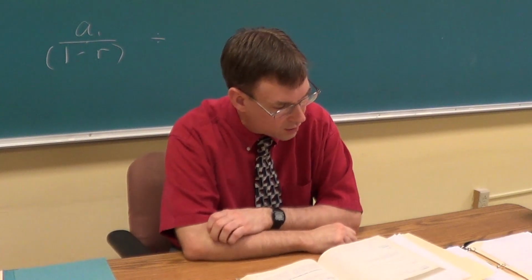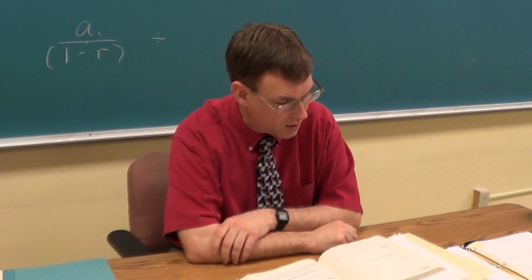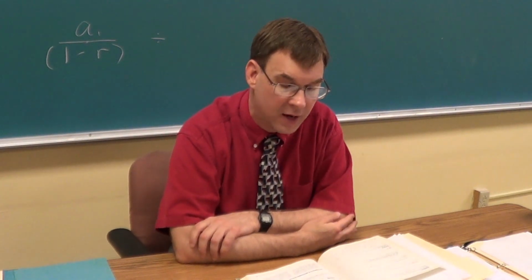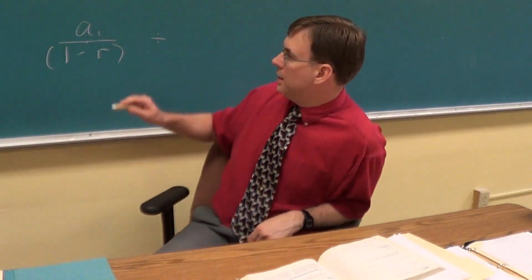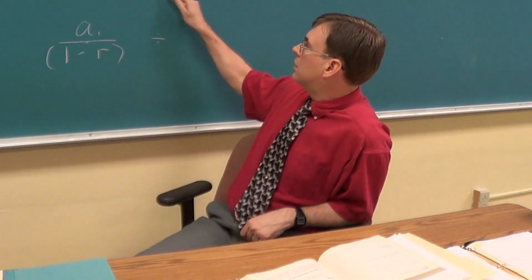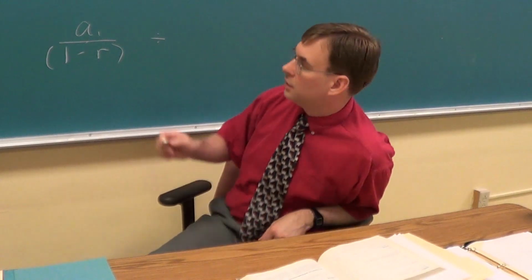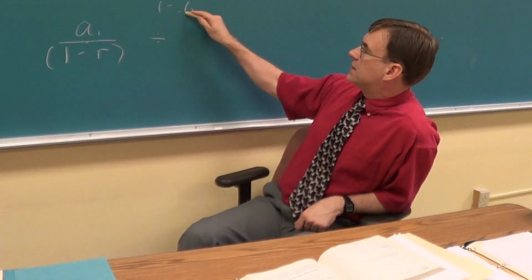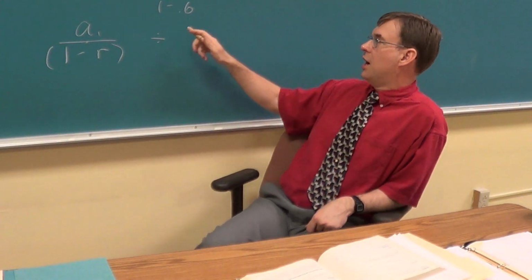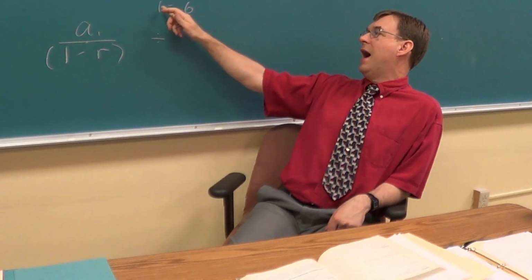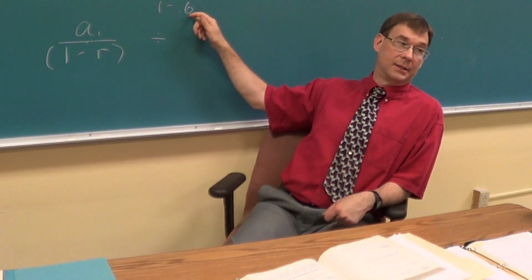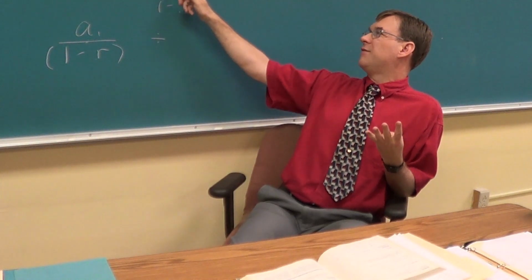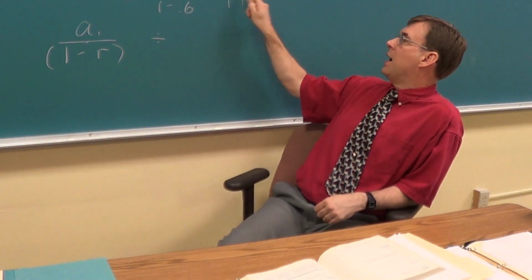So if we go to tackle number 1, it diverged, so we just take a pass on that. If we go to do 14, we'd go 4 on top, because that's first, over 1 minus 0.6, because that was the ratio. And then if you want to do the math, 1 minus 0.6 is 0.4. If you divide 4 by 0.4,